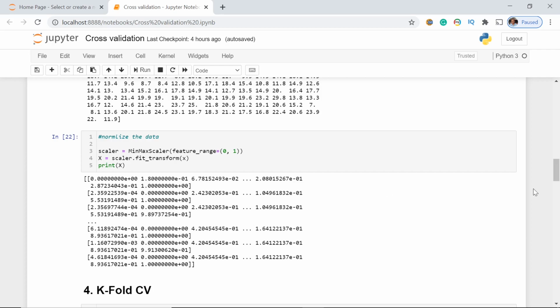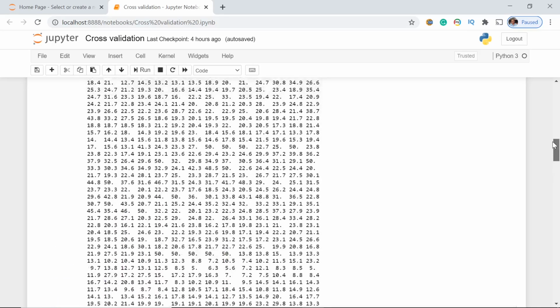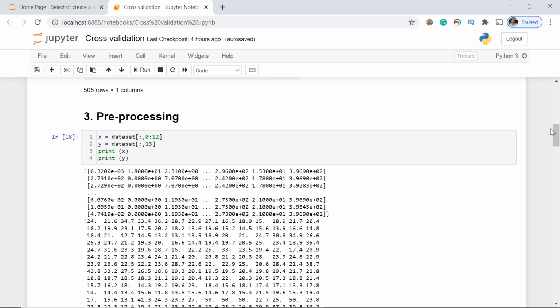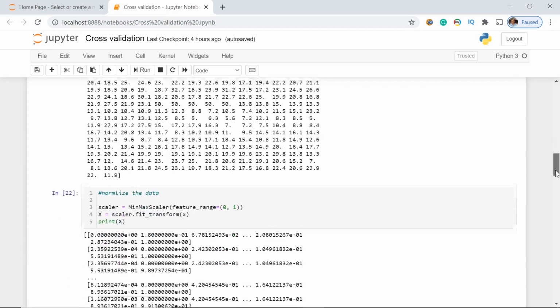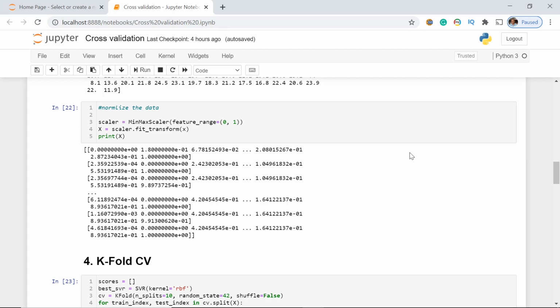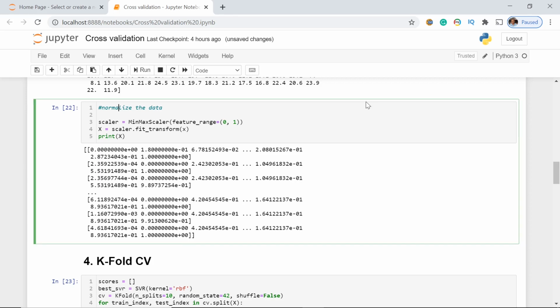So here you can see that in our pre-processing stage, we do not limit ourselves to just identifying what data are in these particular indexes, but we also have to normalize our data. So we have this code or process on how to normalize our data. So this is normalize. Wrong spelling. As you could see in here, we use the min-max scaler, and this min-max scaler is used to normalize a certain data set. And maybe you would like to ask me, why do we need to normalize our data set? The answer is that